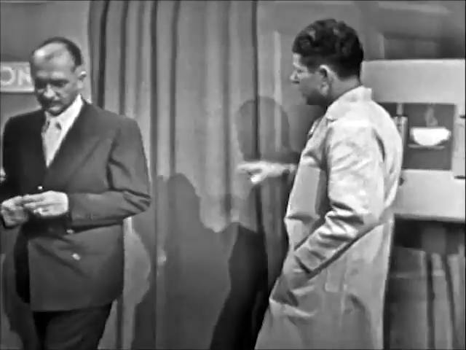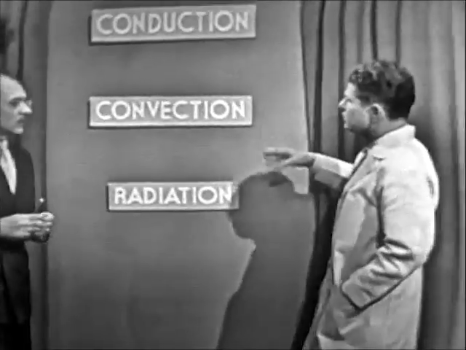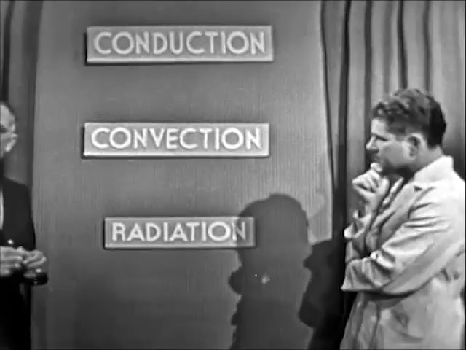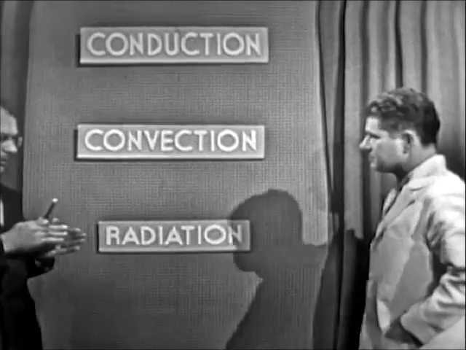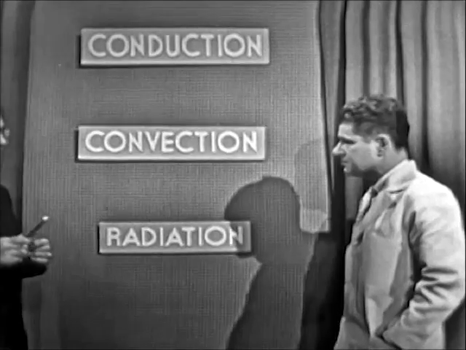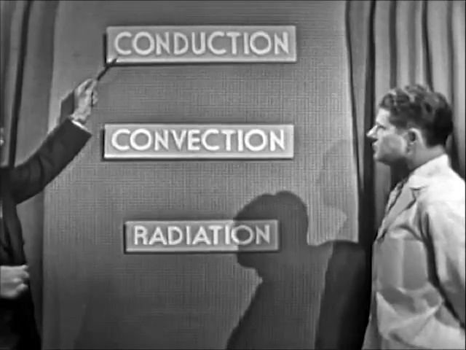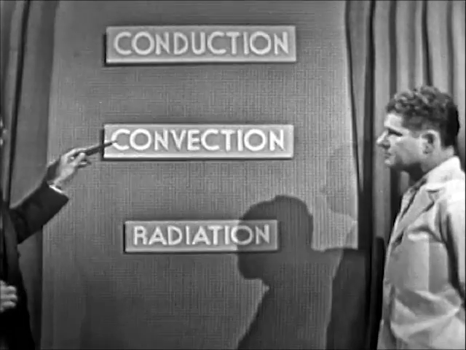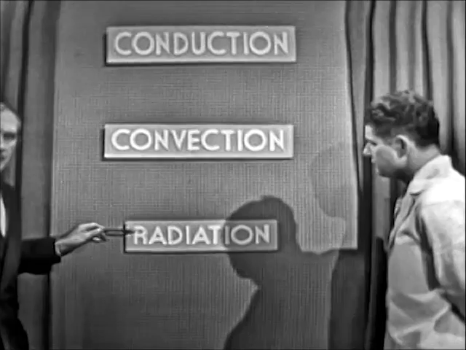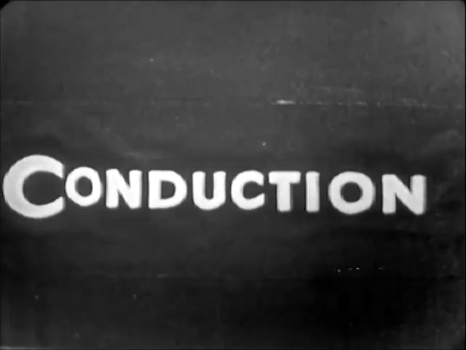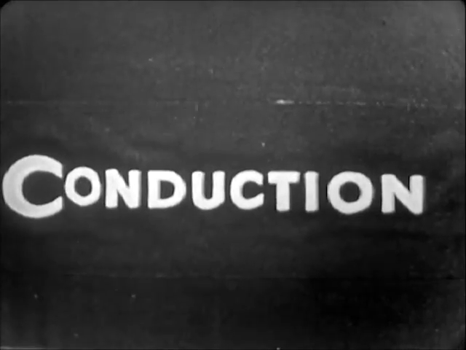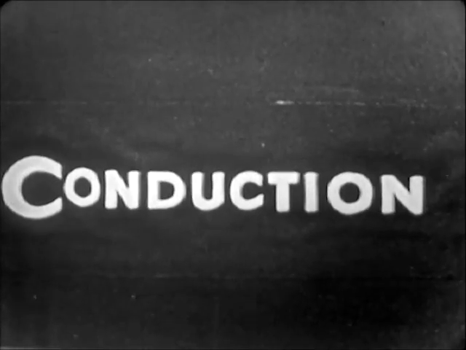Well, now, how does all this enter into the overall pattern of the transmission of heat? Well, Earl, all of the various phenomena of heat transfer, or heat traveling from one place to another, can be classified under one of 3 classes of heat transfer. The first one is conduction, the second one is convection, and the third one is radiation. Now, conduction is a very, very slow process that takes place, as we'll see in our many experiments, over a period of time. It takes quite a while to conduct heat. Convection, however, is a more rapid process. But radiation is still more rapid, as we'll see later on.